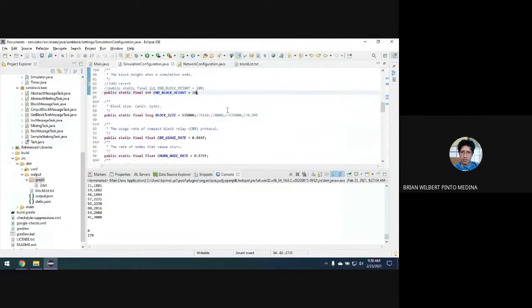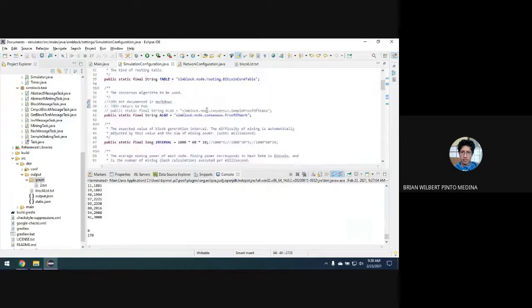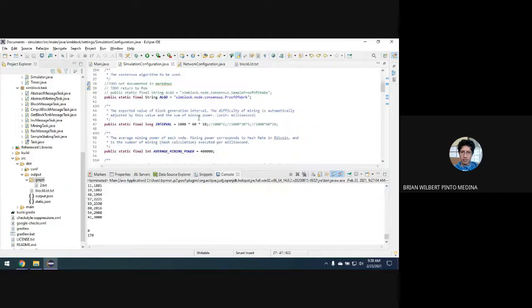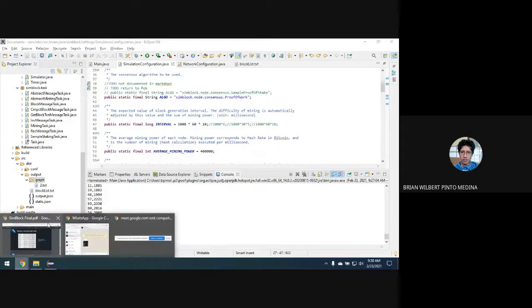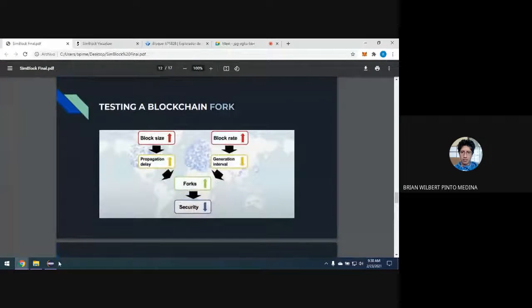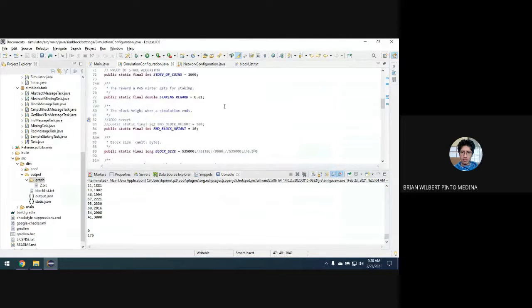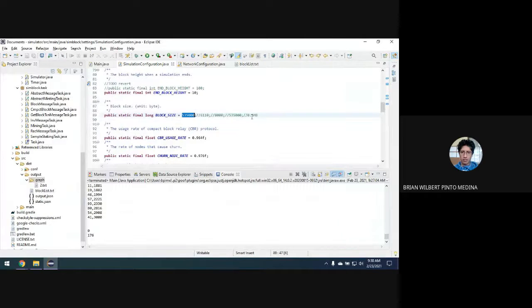For it, we increase the number of nodes to 10,000. Later, we reduce the generation interval of the blocks. And finally, if the block size increases, the security is reduced too. Well, we are trying it to generate